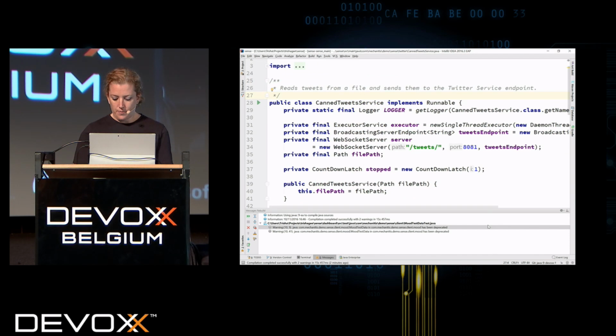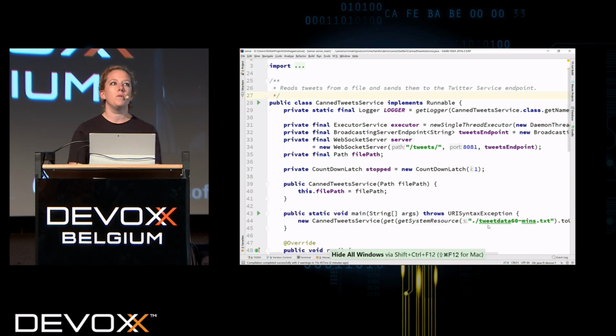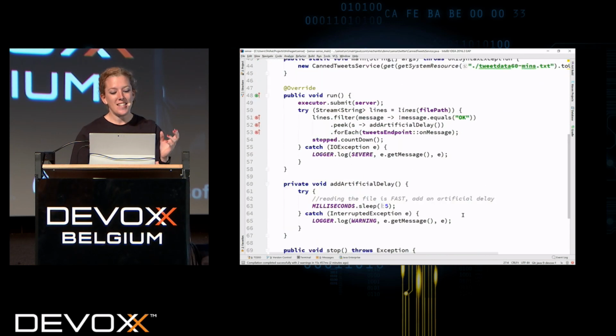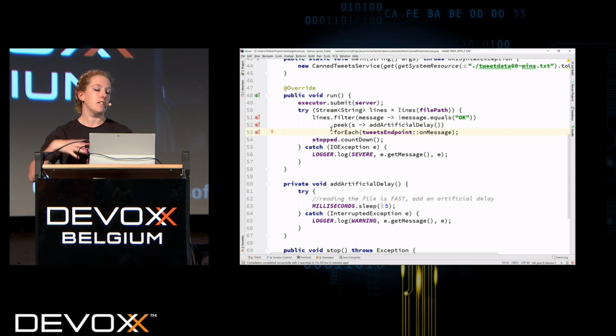So it turns out, has anyone been bitten by infinite streams? Put your hands up if you have. Like one person, OK. I have, I guess. If you're running things like stub services, what I quite often do is start up an infinite stream, which is going to emit a bunch of data so that I can test against that data.